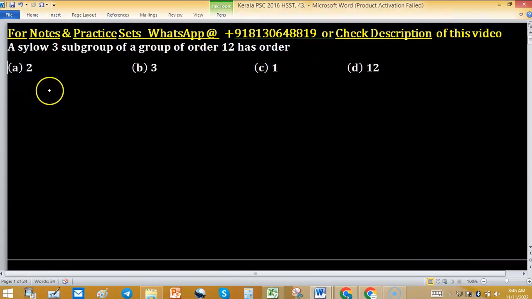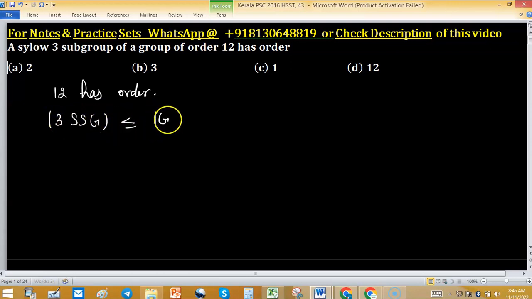A Sylow 3-subgroup of a group of order 12 has order? In compact way, I can write order of a 3-Sylow subgroup of a group of order 12. So we need to find this order. Order of a p-Sylow subgroup